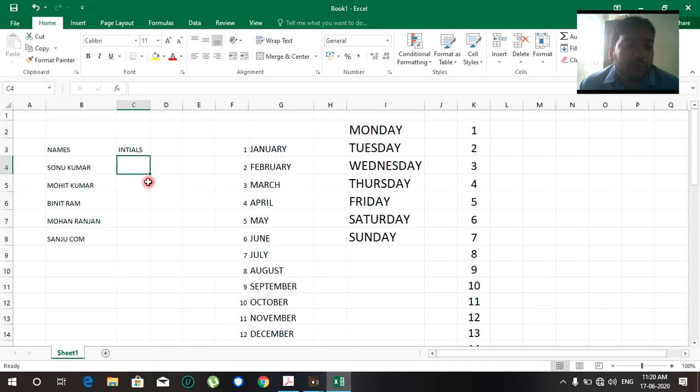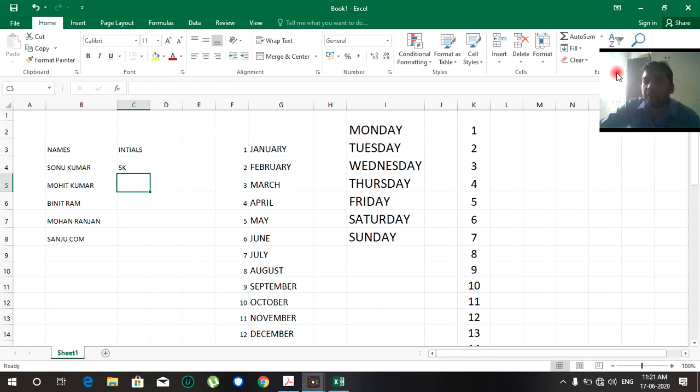I am going to give one pattern, that is Sonu Kumar, so SK. I have initialized the pattern, and after initializing it, place the cell pointer just below the SK and click on this. Here I am going to show you where the flash fill is.